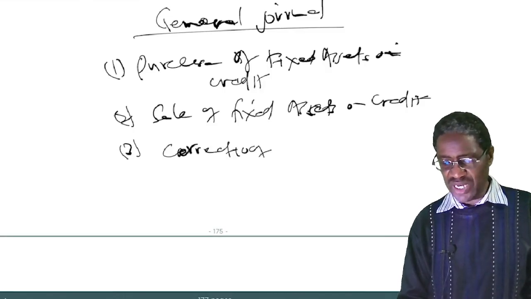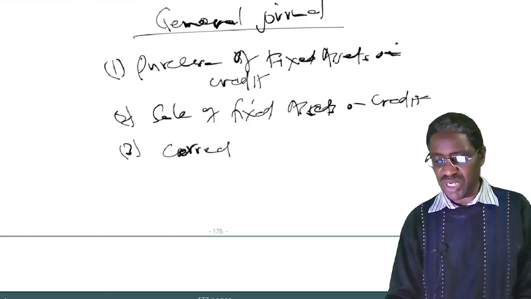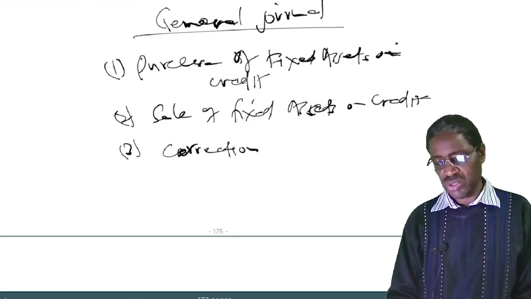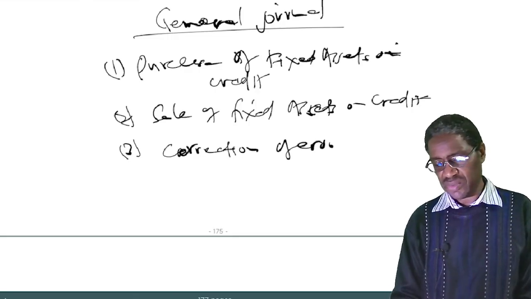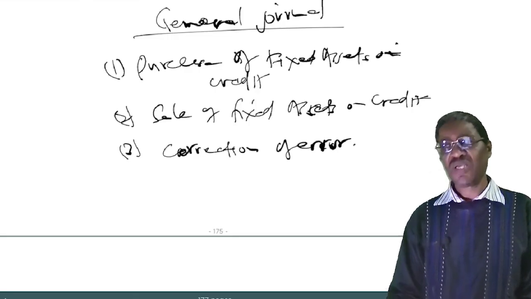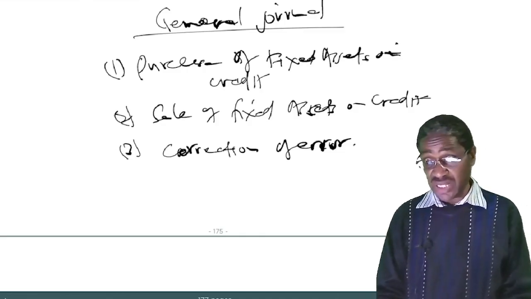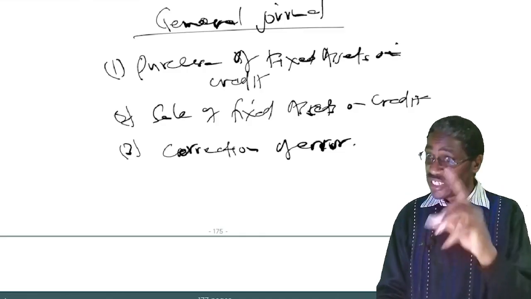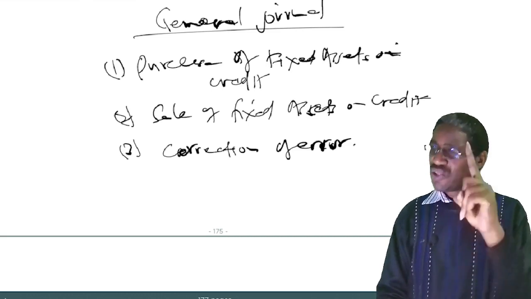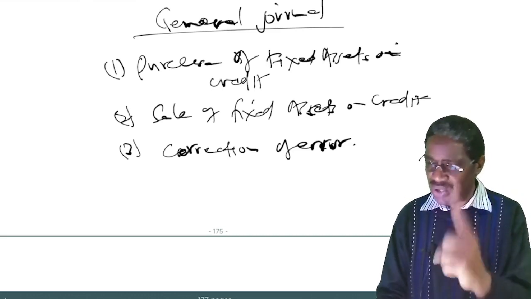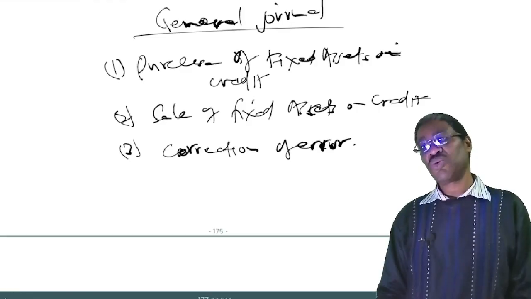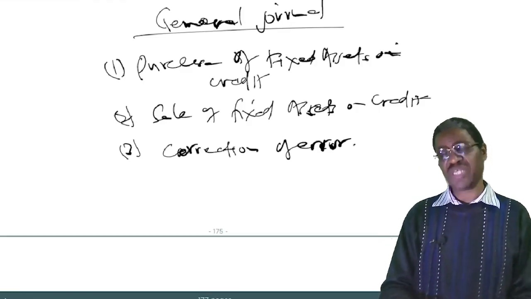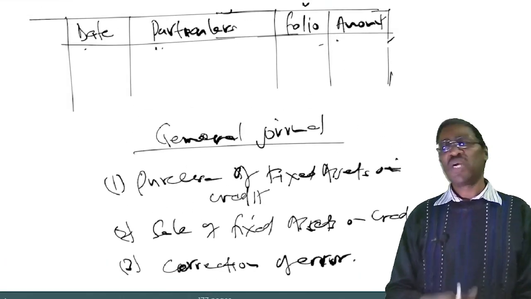Three, correction of errors. When you commit an error in an account, you don't just go to the account directly and correct it. No. Use the journals to correct errors. Whenever there's an error, you correct it through the general journal. You record it first before you go to the account. For example, let me mention this. Let us assume,